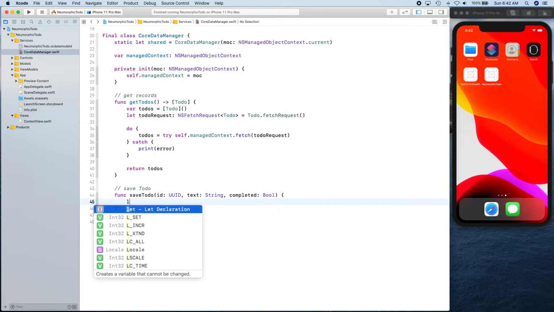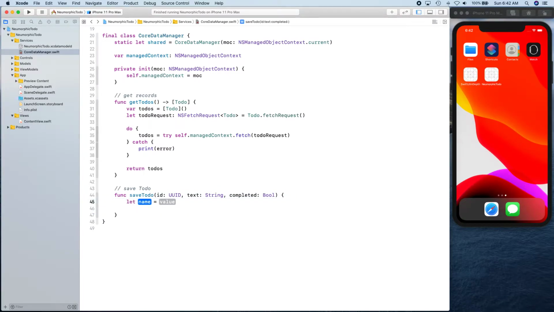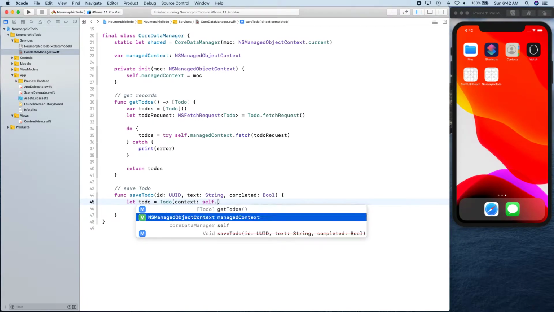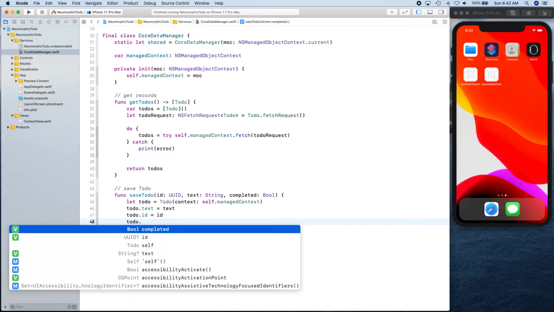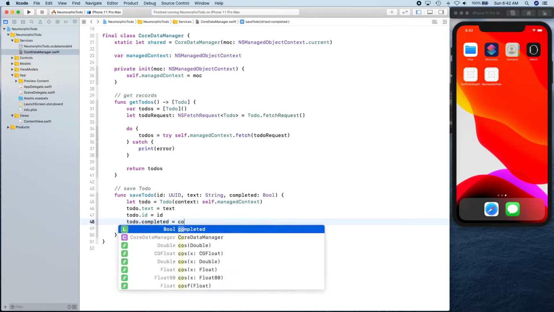In this case we're going to simply say let toDo is equal to ToDo, and we're going to create this toDo out of the context, which is going to be self.managedContext, and then simply say toDo.text is equal to text, toDo.id is equal to the id that's been supplied, toDo.completed is equal to completed,